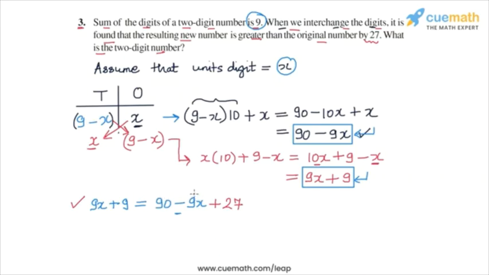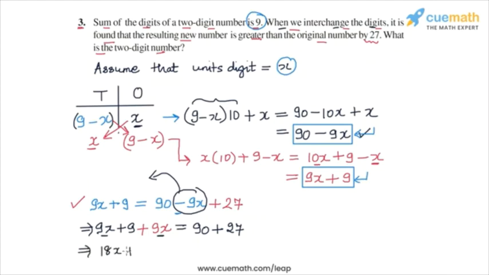So let's do that. Let's start by taking this minus 9x and transposing it to the left side. So we will get 9x plus 9, and then from the right side we have this transposed term 9x, and then on the right side we have 90 plus 27. Now we have 9x plus 9x, so that's 18x. So we have 18x plus 9, and on the right side we have 90 plus 27. This is equal to